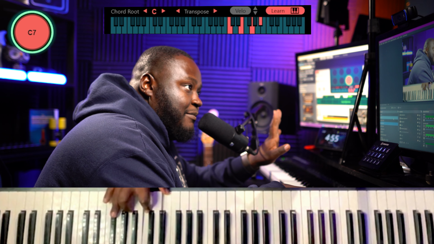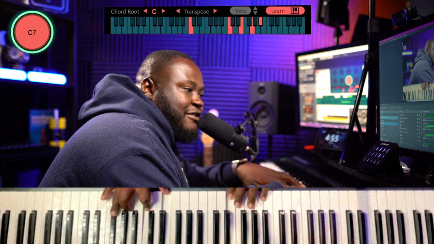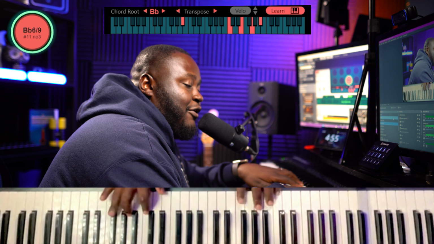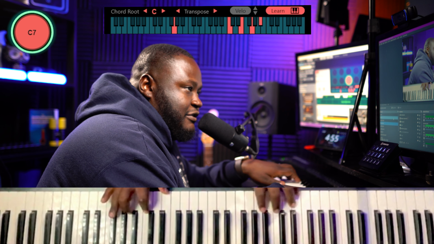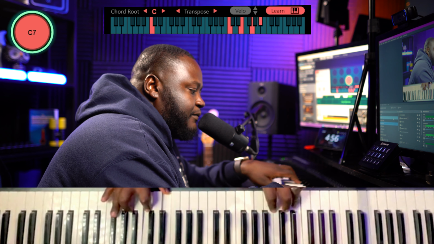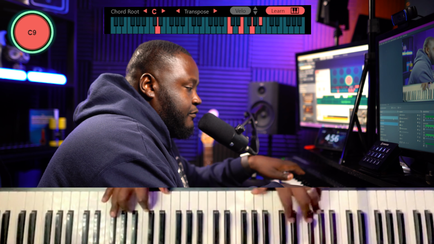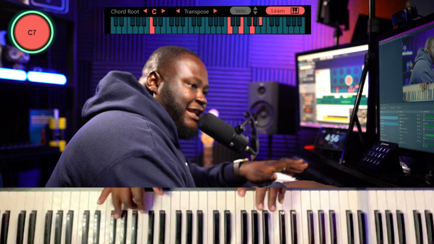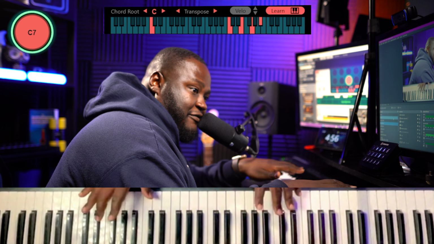Again, C7 in my right hand, I'm going to move my left hand. So we have a C in the bass. Here we have with B flat in the bass. And now here we have with a G in the bass. Okay, all different chords there. Moving that left hand bass note around gives us some different chords and gives us some different kinds of sounds,